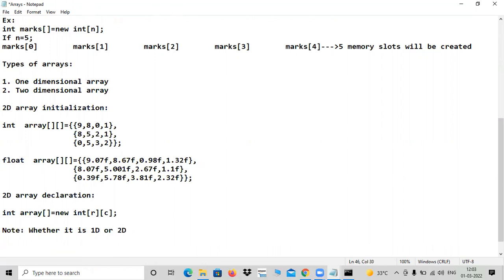So the same thing is applicable. Let me make one note here: 1D or 2D, memory will be allocated sequentially. Means contiguous memory allocation is done. Contiguous means continuous memory allocation. So for our readability we have drawn like this, but in computer memory, it is like this: